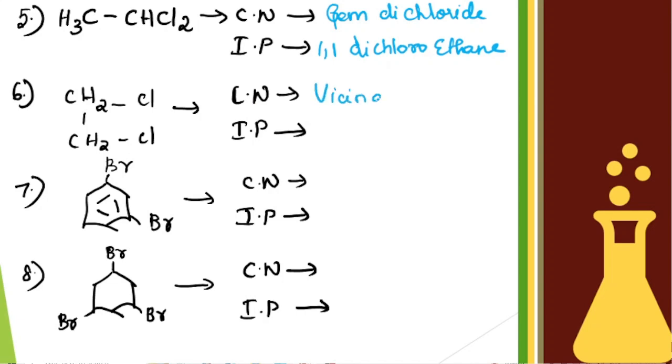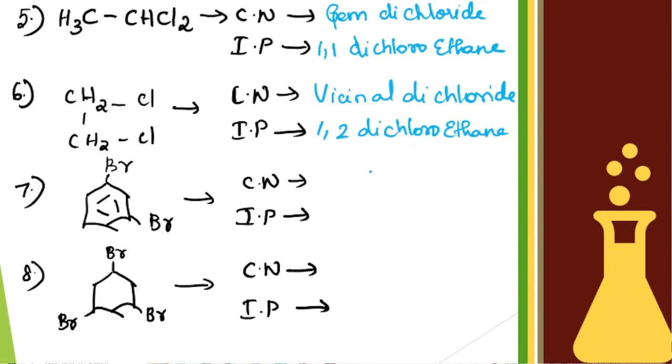Vinyl dichloride, and its IUPAC name is going to be 1,2-dichloroethane. 1,2-dichloroethane. Now I told you that based on the positions on the benzene, we will classify the benzene positions into ortho,